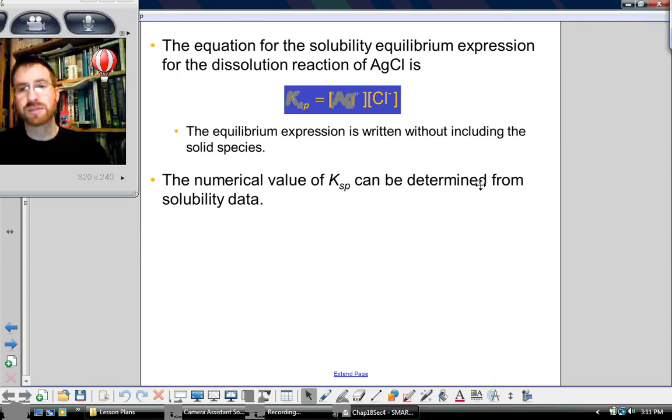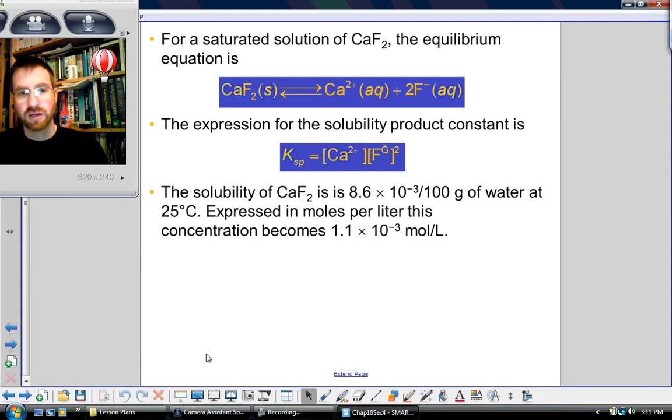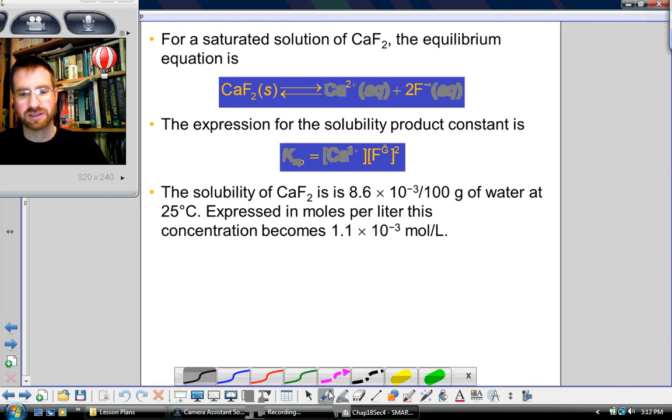The solubility equilibrium expression for the dissolution reaction of AgCl is Ksp equals [Ag+][Cl−]. The equilibrium expression is written without including the solid species. The numerical value of Ksp can be determined from solubility data. For a saturated solution of calcium fluoride, the equilibrium equation is CaF2 dissolving into Ca2+ and 2F−. The expression for the solubility product constant is Ksp equals [Ca2+][F−]^2. The solubility of calcium fluoride is